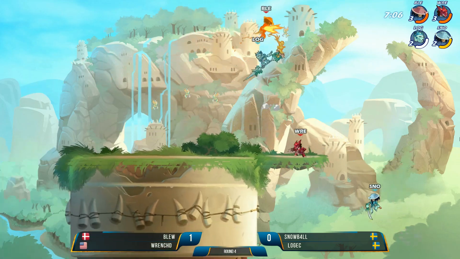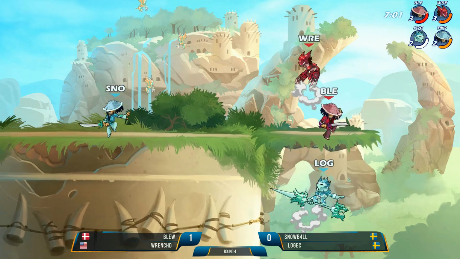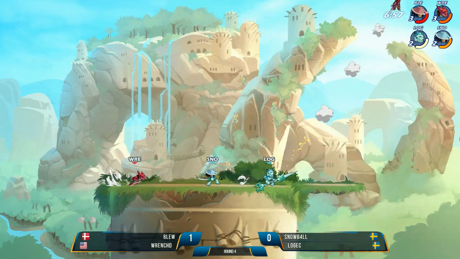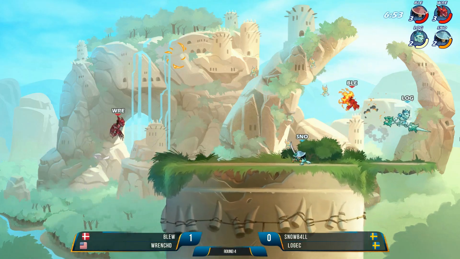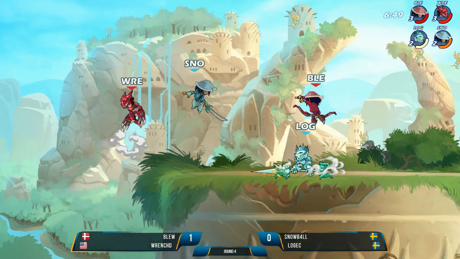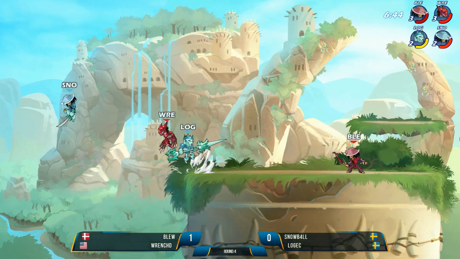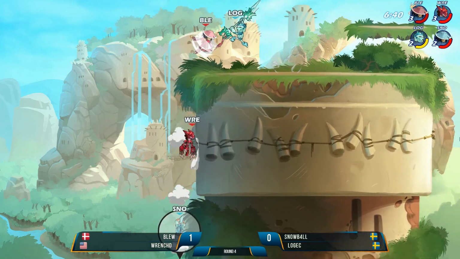Anyway, Blue getting a nice, tiny, mini black hole with Wrench to get a bit of damage built up onto Snowball, already getting him close to the red. He's going to put the blue team, the red team, in a pretty advantageous position. Have Logec and Snowb4ll off to the side, all by themselves. Wrench looking in danger, but